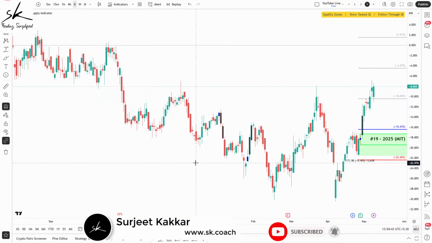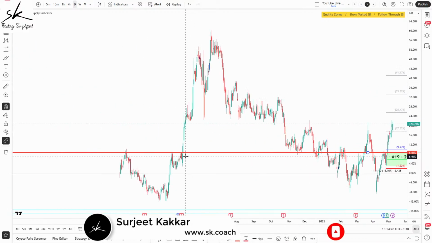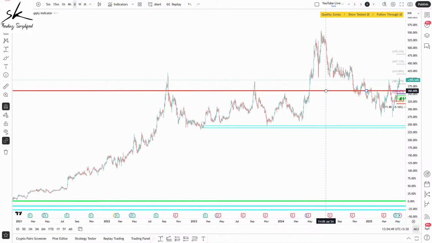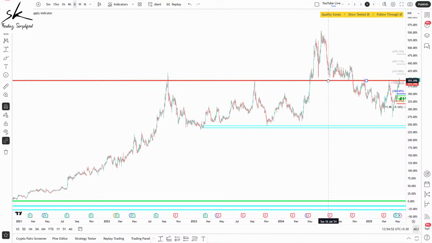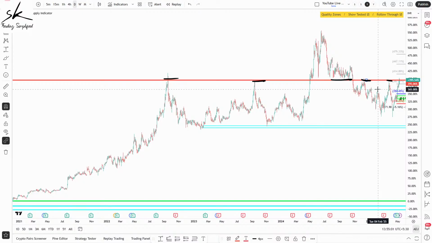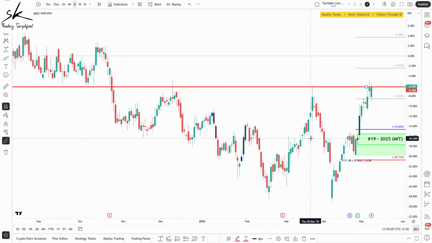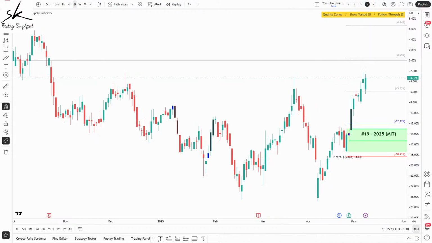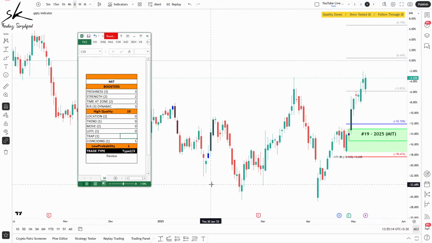And the trap, let's see if I take a horizontal line, wherever the proximal is, let's zoom out a little bit and start pushing it up, trying to find an area where the prices have been bouncing over and over again. So you can see this is almost a textbook example of support resistance. Can you see in the past almost has been acting like resistance, acting like support, acting like resistance. So we are right there closer to this area of support resistance, and the prices are currently just a tad below it. So once the prices go above, yes, this might work like an area of trap, for which I'll give it a score of 1.